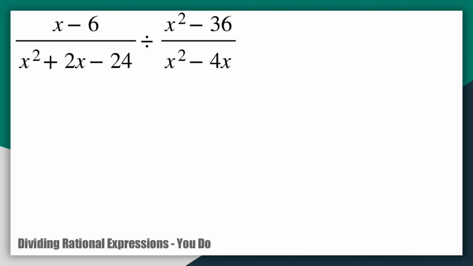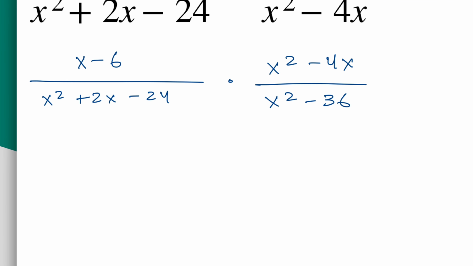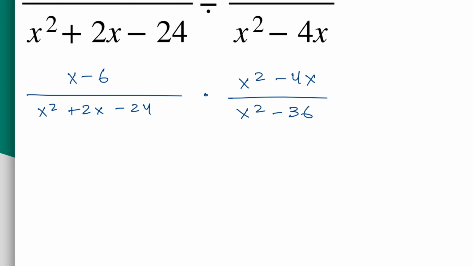Remember, division, so we need to keep change flip, so we end up with x minus 6 divided by x squared plus 2x minus 24 times x squared minus 4x on the top now over x squared minus 36, okay? Now, we did our keep change flip, so we are going to go into factoring everything. The top left is good, the x minus 6 can't be changed. The x squared minus 4x, we can factor out our x there, so we end up with x times x minus 4,